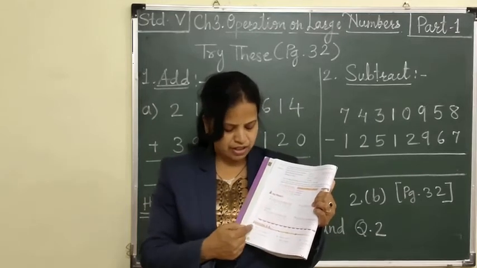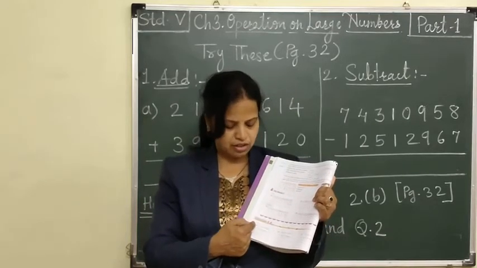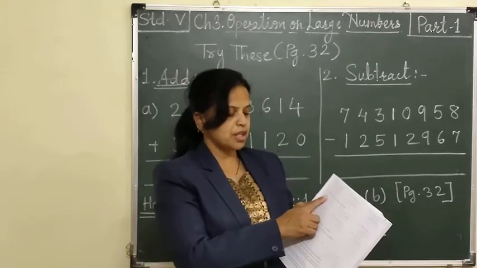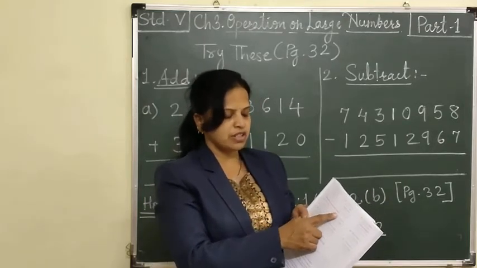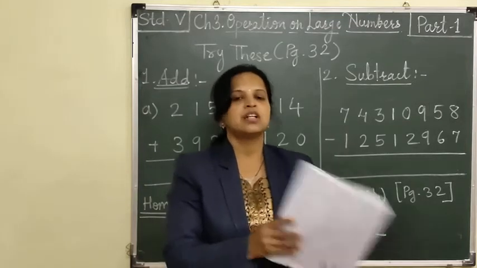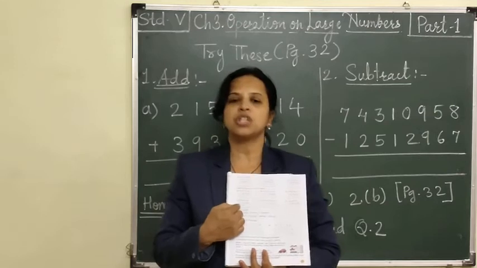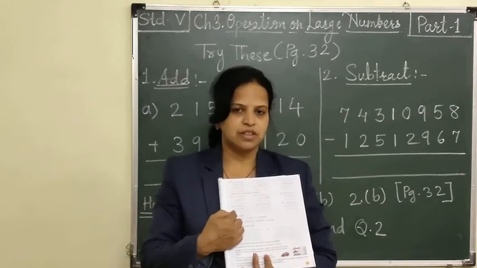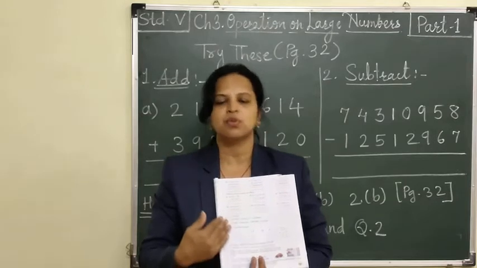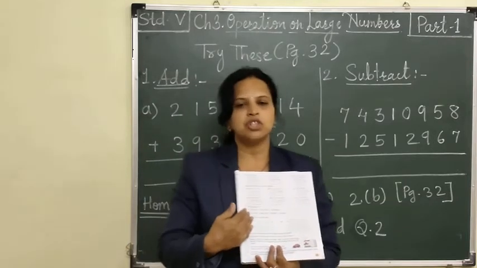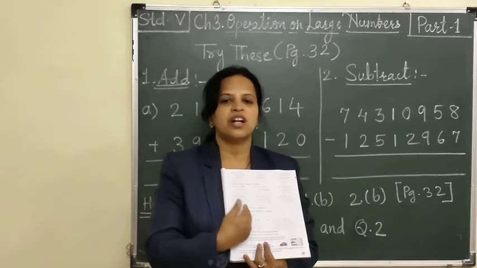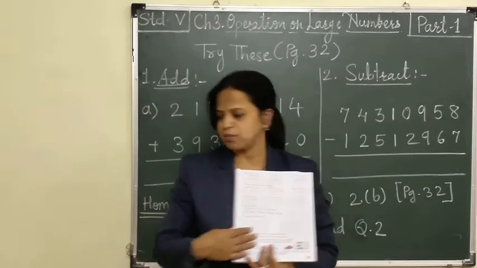In the same way, exercise 3A, question number 1 and question number 2: subtract and check your answers with addition. For these two questions, you do only subtraction. How to check it, I will tell you later. Do these additions and subtractions properly in your textbooks, that is question number 1 and question number 2 of exercise 3A. So let us see how to do the addition and subtraction first here on the blackboard.